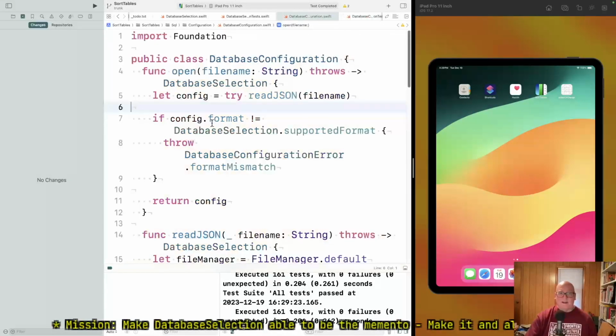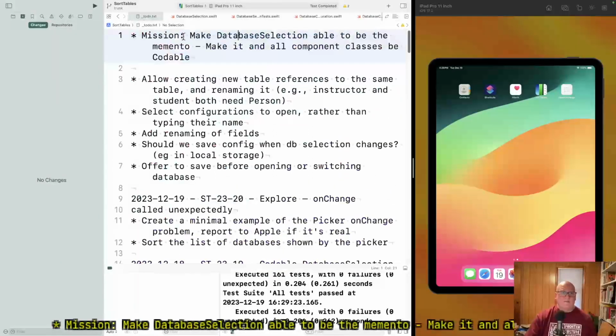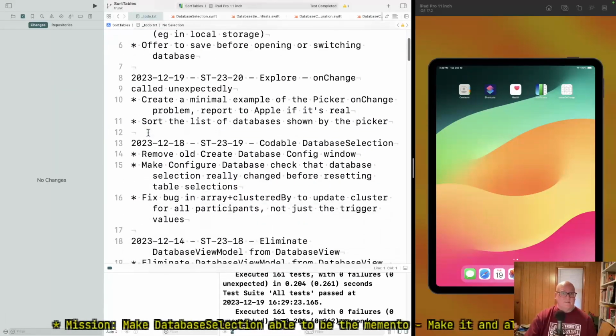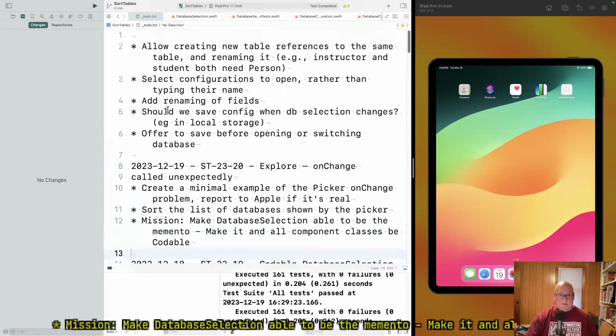Okay, well, the timing for that worked out pretty good. All right, so we've basically done this. All right, so I think that covers the work we wanted to do for database selection, getting